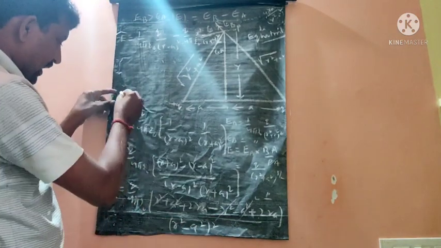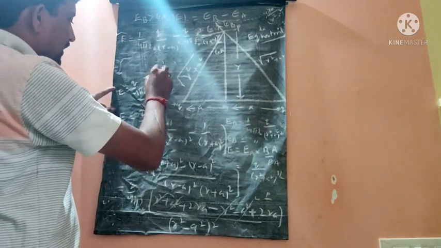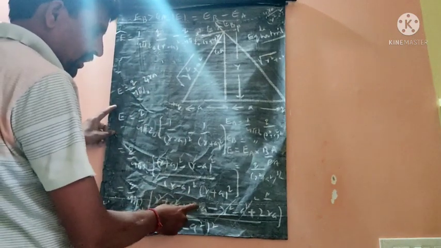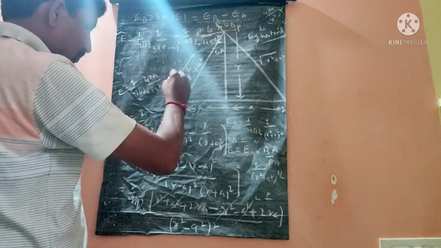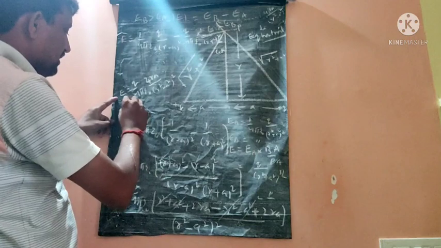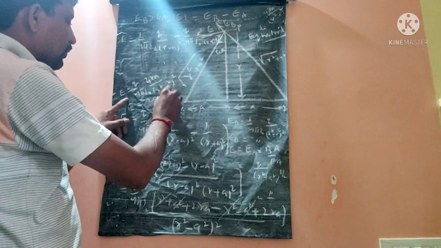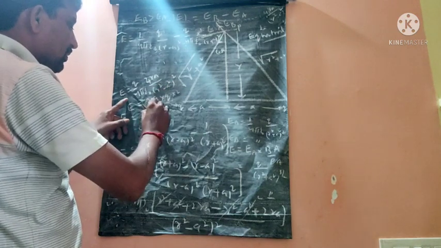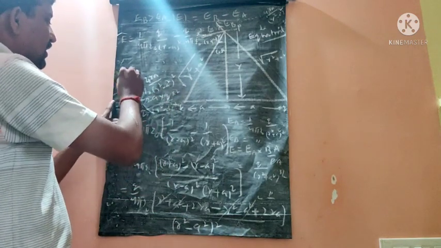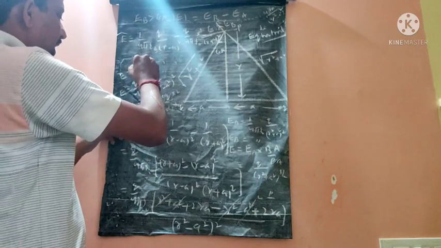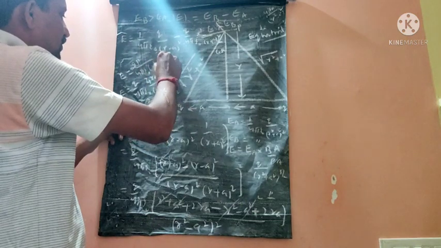So finally we conclude that E is equal to q by 4 pi epsilon naught, here 2ra plus 2ra, that is 4ra, by (r square − a square) whole square. So 2ra means here 2a into q into 2 by (r square − a square) whole square. 2a into q means p. So E is equal to p by 4 pi epsilon naught, 2p by 4 pi epsilon naught (r square − a square) whole square.